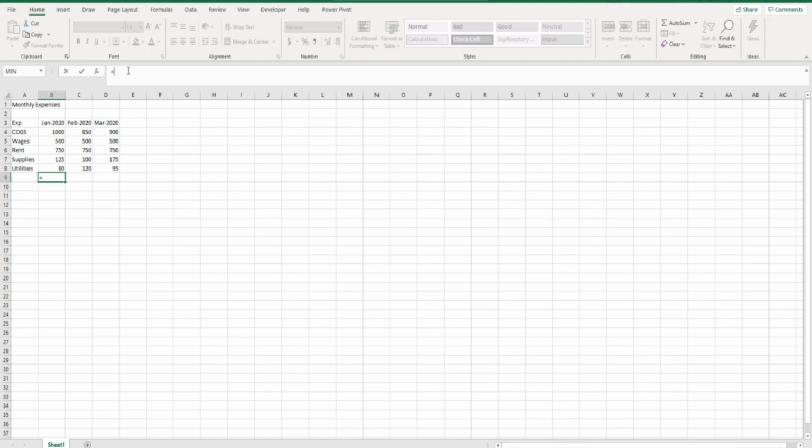Now to get the total, we need to start adding all the expenses together for the month of January. So for cost of goods sold, we had $1,000. Then we're going to click the plus sign to add these totals together. And for wages, we had $500 plus $750 for rent plus $125 and then plus $80 for utilities. Now if I click enter, it should give us a total of